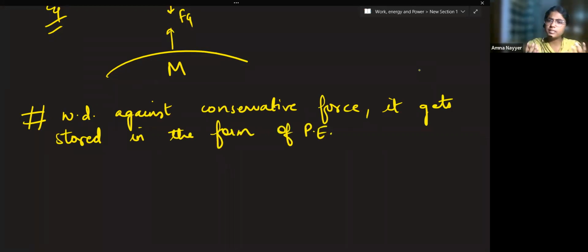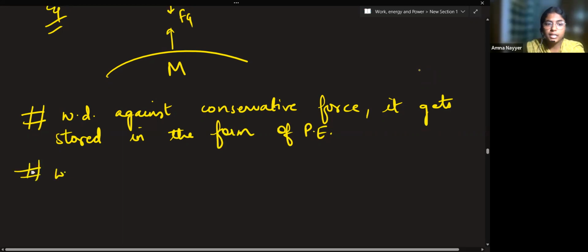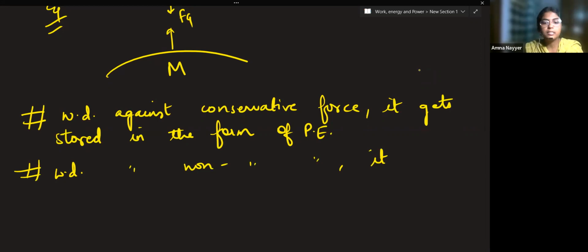So there is no wastage. Work done against the conservative force is stored in potential energy. But if work is done against a non-conservative force, then it will dissipate